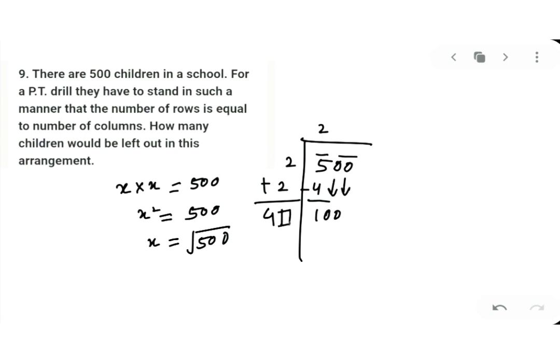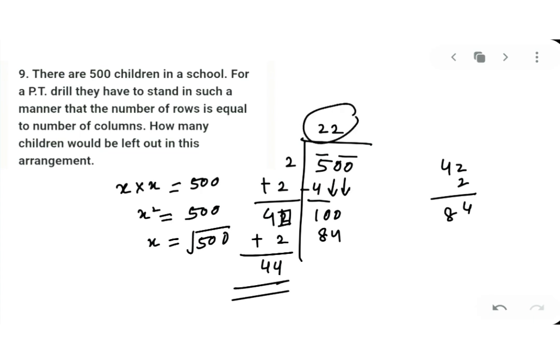With 4, which number should I attach so that I get 100 or less than that? I'll prefer to go for 2, because when I go for 2, I'll get 84. So I'll put 84 here. That means I have multiplied with 2. If I have multiplied with 2, I will also add 48 and 2 on the left-hand side. And as I said, this quotient and the addition on the left-hand side should be exactly double. And here you will notice that you are left with 16.